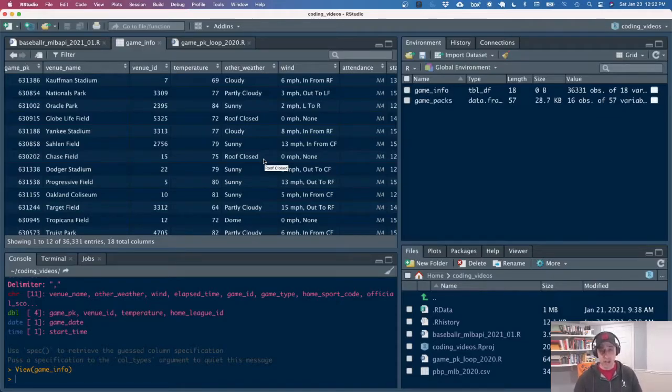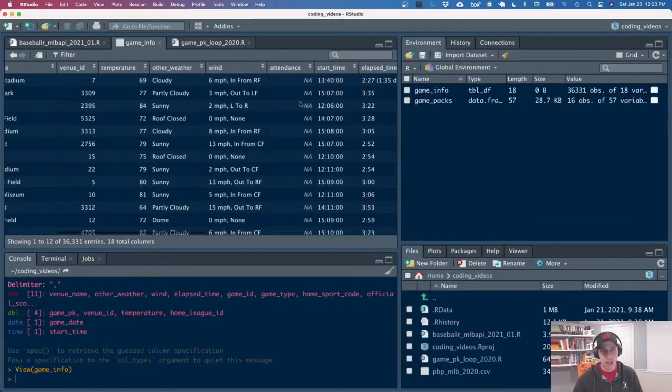So we've got stadiums where they can retract the roof, they can leave it open depending upon weather, temperature, things like that. So you can actually see for each game whether or not the roof is closed or not, which makes a difference. Wind, you'll get general speed and direction. Now, again, obviously during games that stuff can change a little bit, but again, as a first starter here, this is not too bad. Attendance,